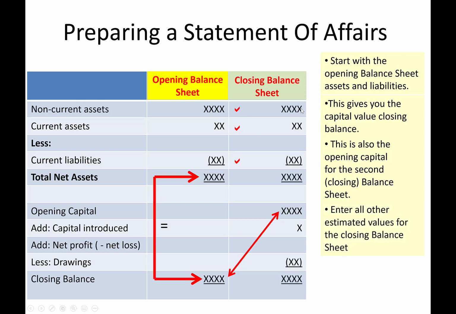You then have to read through the question to get other elements of information. So at the end of the period, the closing balance sheet, the car might now be worth €4,000, and maybe there was some more money in the bank, €1,500, some liabilities, 1,000. And you'd also typically be told details about drawings of the owner. So maybe the owner knows that on average in a typical week he or she takes out €500 for his or her wages,